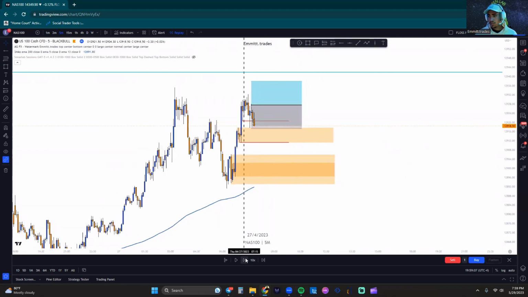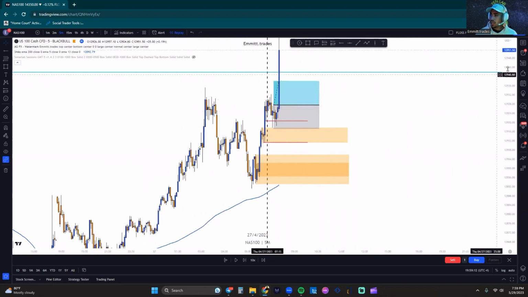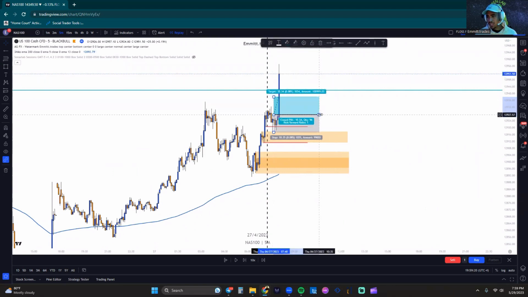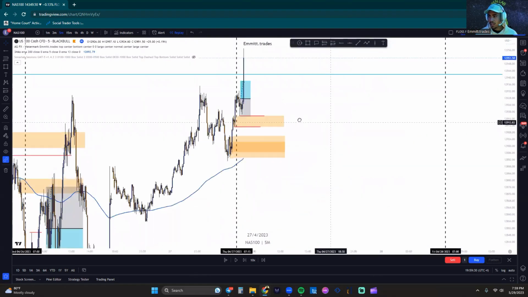Oh, yikes. Oh my gosh. We hit a 1 to 2.8. Hey, let's be fair. We said a 1-to-1 here. It's too late in the day. It's 8 o'clock, still early. I'm still down to take this bottom zone down here. If it hits, if it doesn't hit, I don't care. We already got our win on the day.